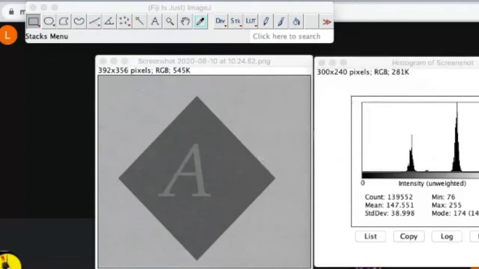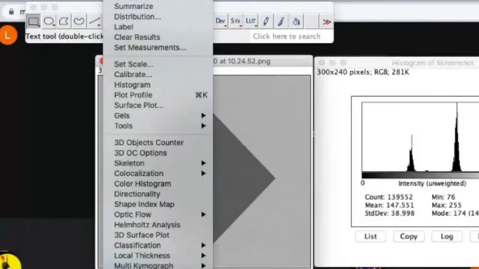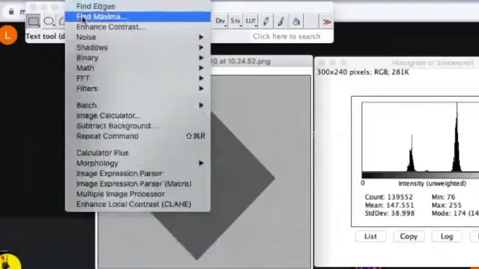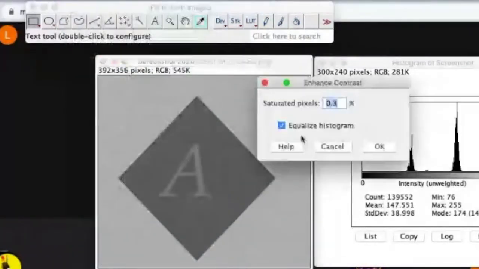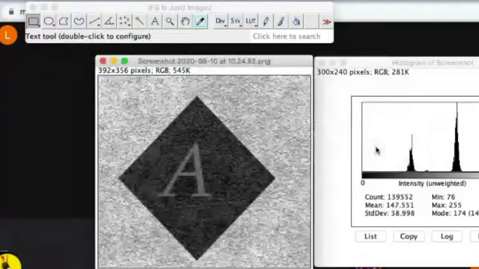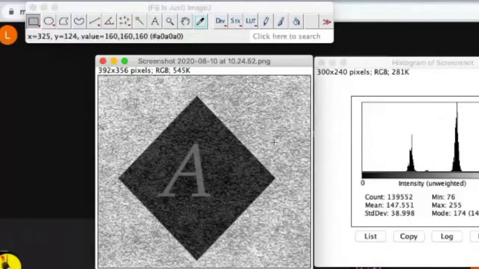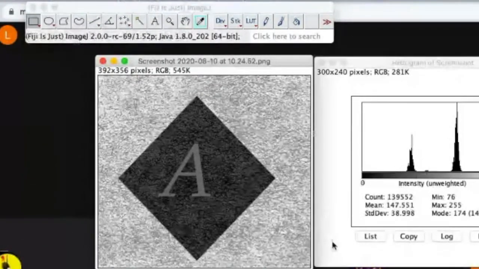So to do the histogram equalization, that is part of enhance contrast, I click on equalize histogram and I do OK. Wait, I think the image was not selected. So analyze, no, process. Okay, so this is my new image. So the previous image is only changed. So now let me open that image again.